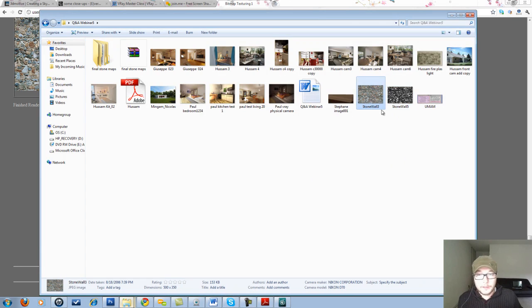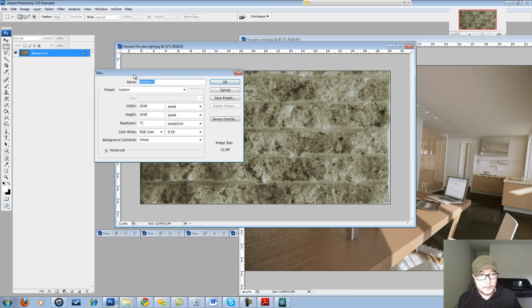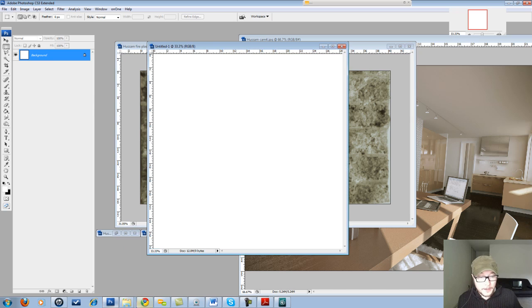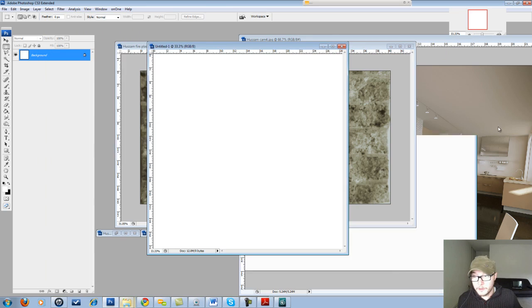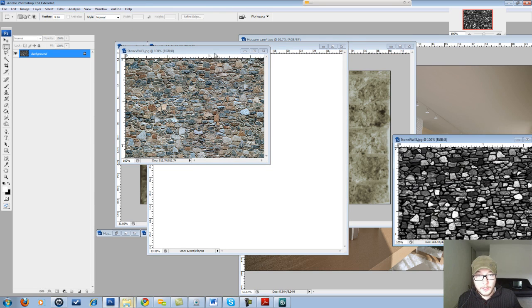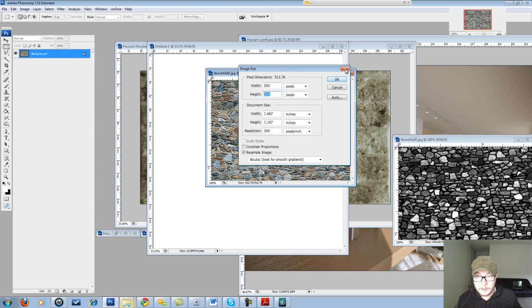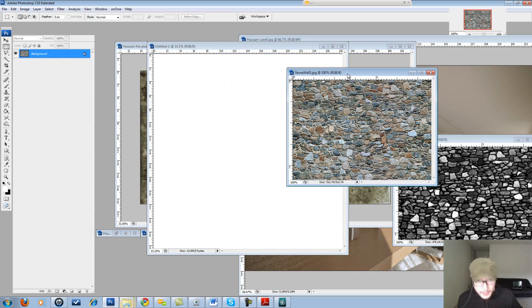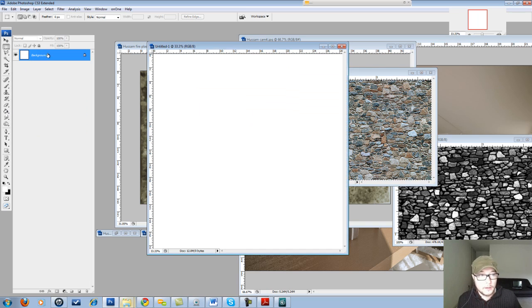I'm not gonna use the specular, but just to show you how you do it, you open a new texture, 2048 quadratic, all right. Then I'm gonna open two of these textures here. You can see those textures are not quadratic, and they're pretty small, like 500 by 300. But if you press Control A, you select all, and you define pattern with this texture, then